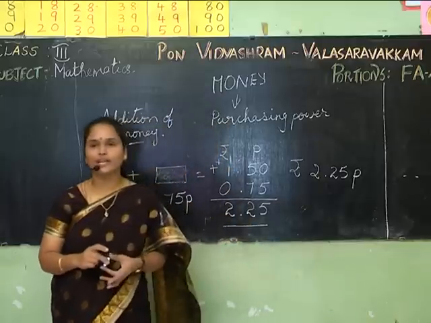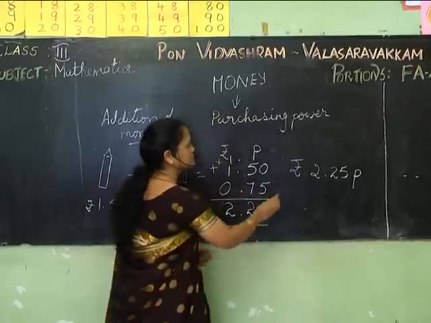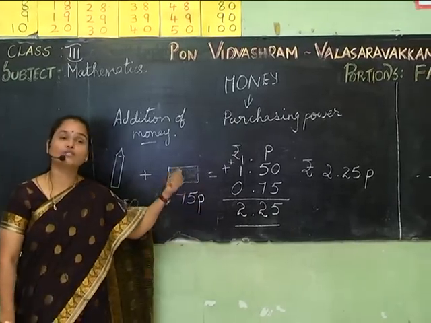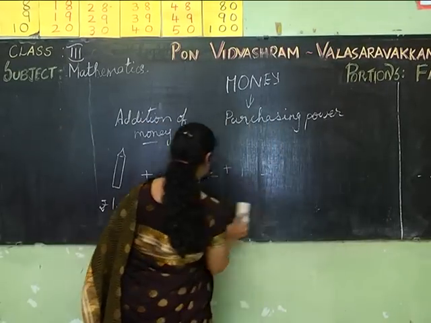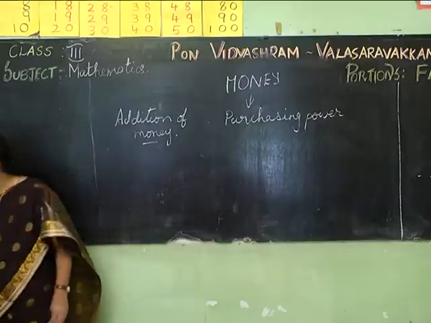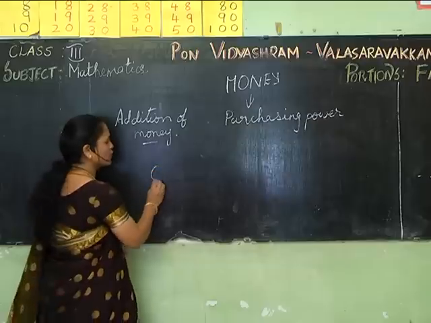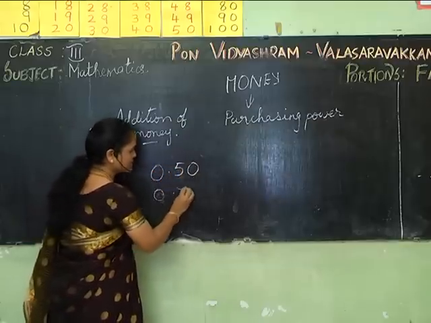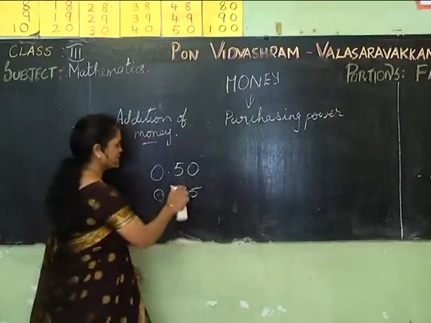Yeah, hope you all understood addition. Now, the same thing you can also subtract money. Okay, before going to the next thing, a small one more sum I want to do. Suppose you are going to add 50 paise and 75 paise. Now, how do you do this? Or I'll take another number. I'll just say it as 85.